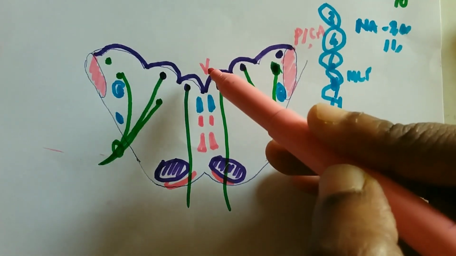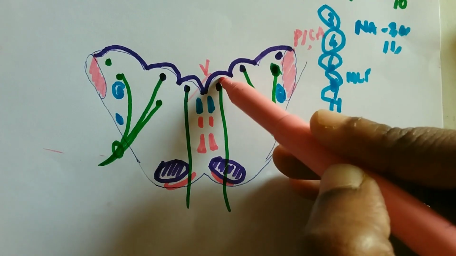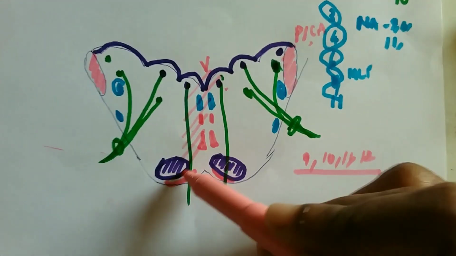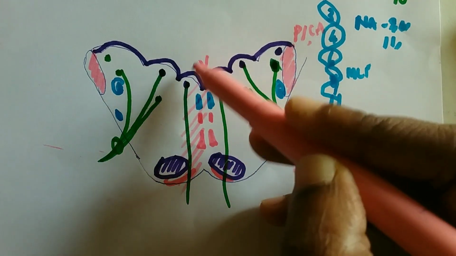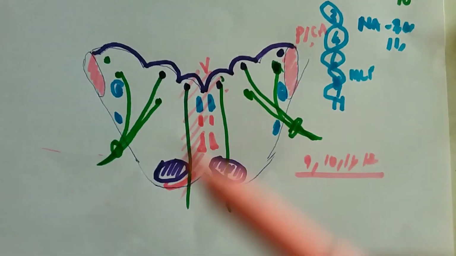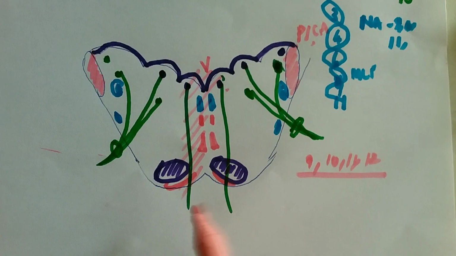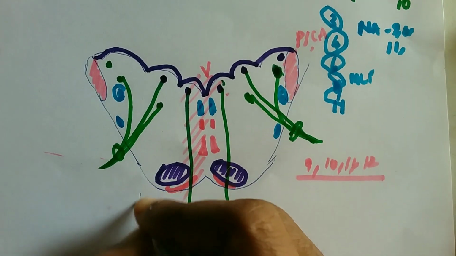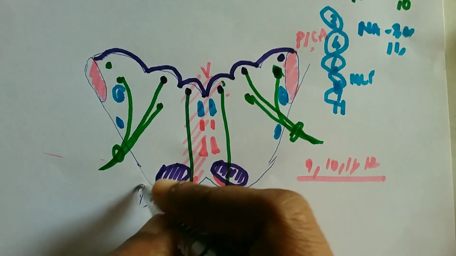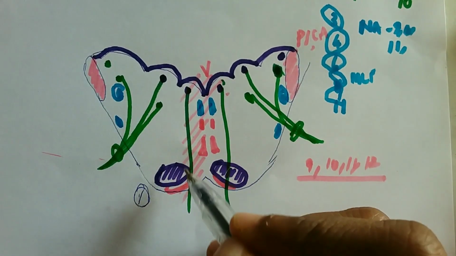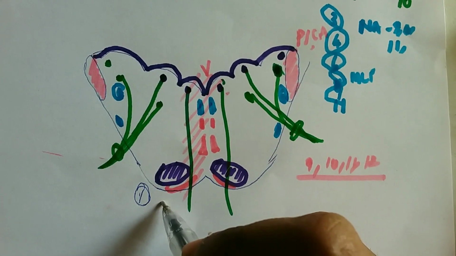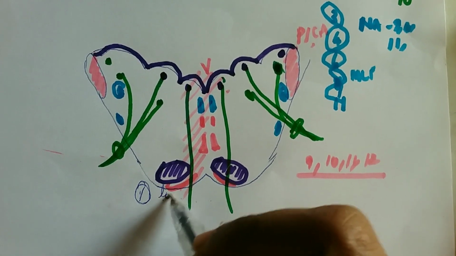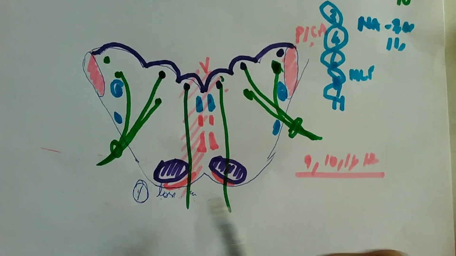Now the vertebral artery is blocked. So what will happen? This entire area will be compromised. One side vertebral artery means this entire area will be compromised. So what are the symptoms you expect? Number 1, the first symptom: which one is out? Hypoglossal nucleus is out, same side. So same side, a loss of movement of the muscles of the tongue. So loss of the movements of the muscles of the tongue, one out.